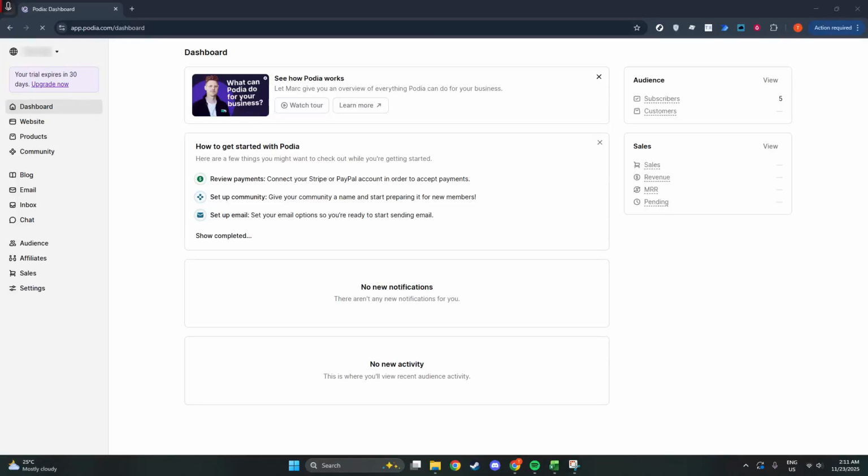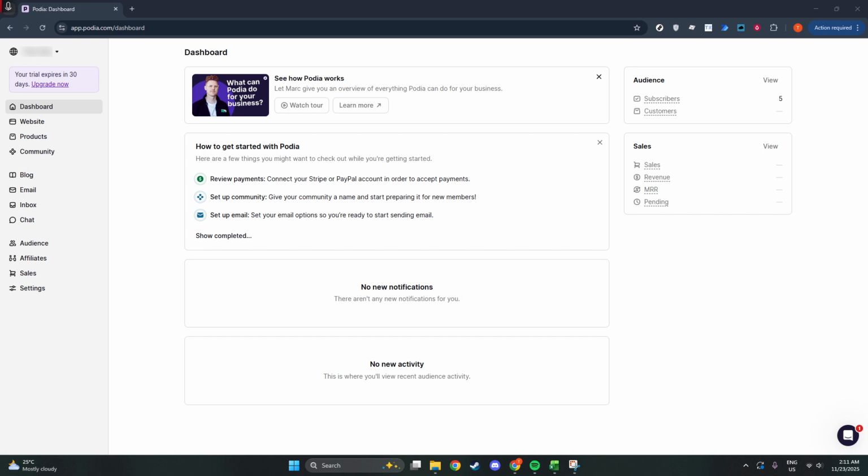In today's video, I'm going to teach you how to set up 2FA on Podia. By the end, you'll have stronger protection on sign-ins, using Podia's built-in security verification, so only authorized users can access accounts. Before we begin, make sure you're logged into your Podia dashboard with an account that has permission to change